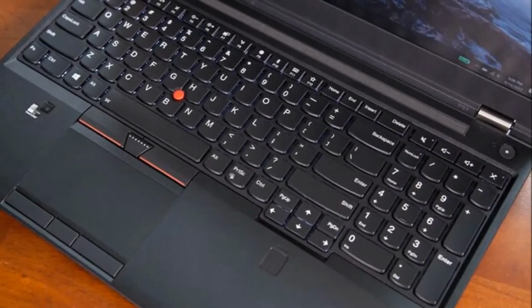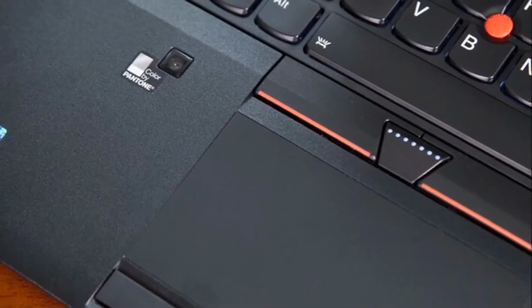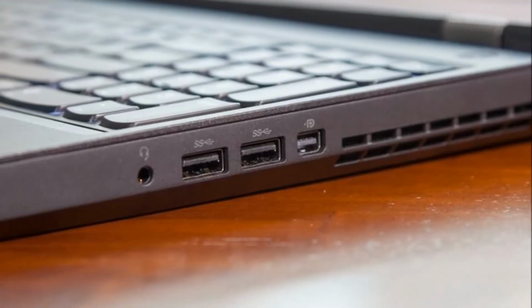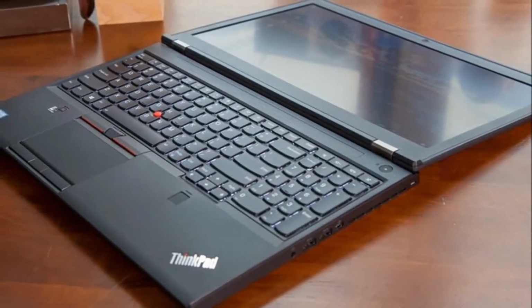Starting at $1,340, $2,807 as tested, this chunky laptop doesn't come cheap, but if you require lots of extra room for your workload, it's worth every penny. The ThinkPad P51 isn't exactly the lightest laptop on the block, and, at 5.82 pounds and